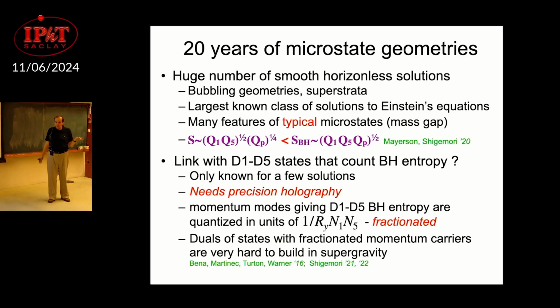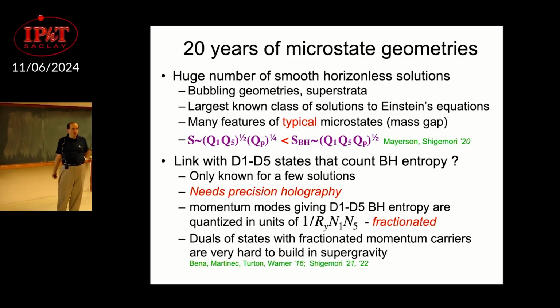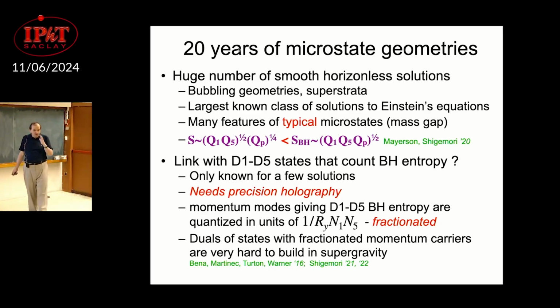Again, as Nick was saying, there are 2 people in this room and maybe 5 people on the whole planet who can do this stuff. It's horrible. This holographic normalization, I think there are 5 people on the whole planet who can do this stuff. It's really a horrible, horrible thing to do this precision holography, and it's really hard to understand. It works, it gives you amazing results, but it's very, very complicated. It's not something which I could do or I could put a grad student to do. Maybe I can put Raphael, but okay, that's different.